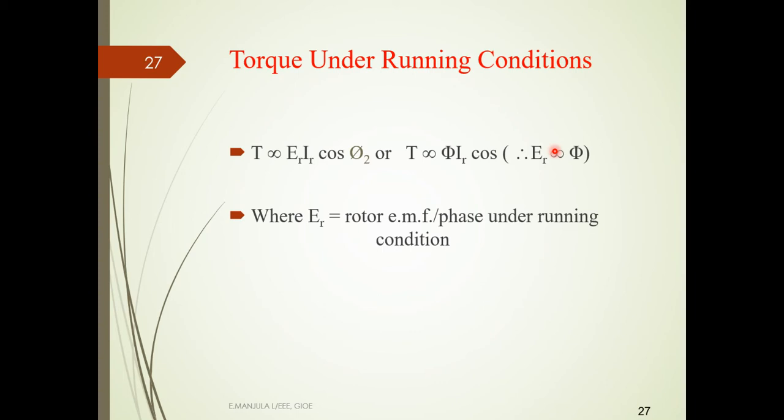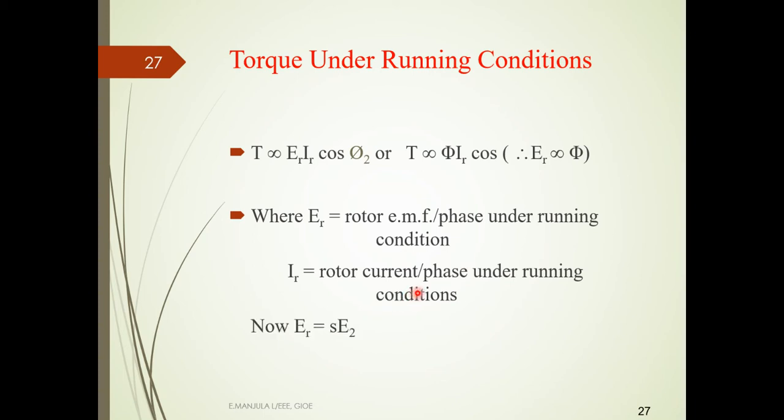Where ER is the rotor EMF per phase under running condition, and IR is the rotor current per phase under running condition. Now ER equals S into E2, and IR, as per the V by I rule,